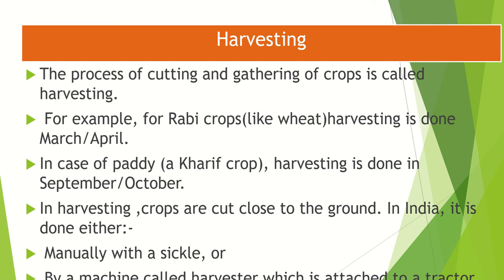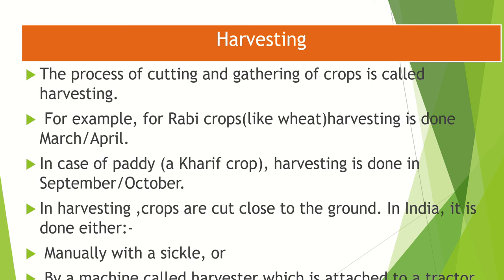Sometimes we may observe some rice with husk. The process is called threshing. Threshing can be done manually or by using a machine. It is the process of knocking out the grain from the crop using physical force. The grain can also be separated from the chaff using a process called winnowing, where air separates the chaff from grain. Winnowing can be done manually or by using a machine. All these terms you have heard in your lower classes.